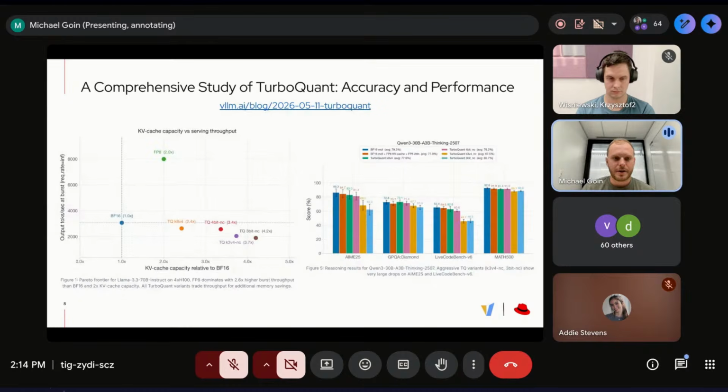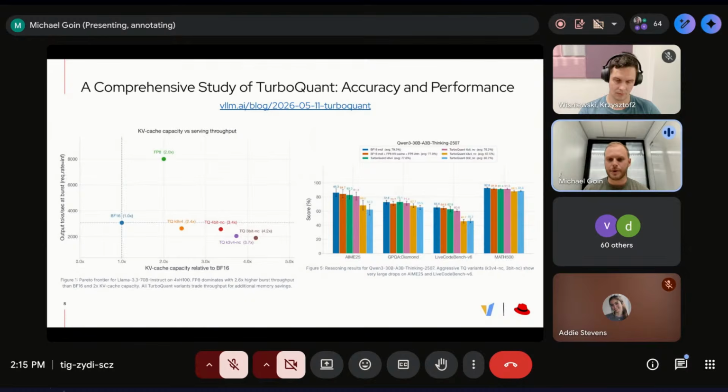Next, there's a blog from one of our researchers actually here at Red Hat, Eldar Kurtik. I helped a little bit on this, so I'm a bit biased, but you've probably heard a lot about TurboQuant, the Google KV cache compression paper. Ignoring the research controversies around it, we have landed some related implementation inside vLLM, and it's been there for quite a few weeks now, with different levels of compression.